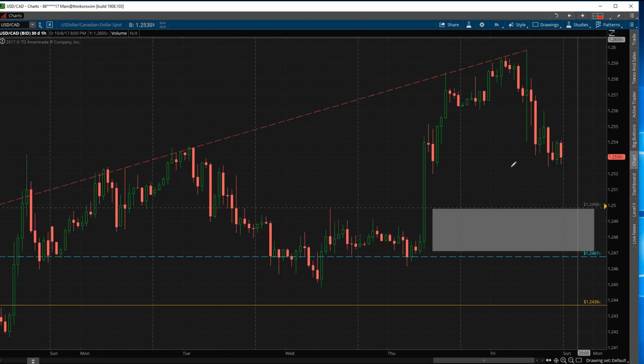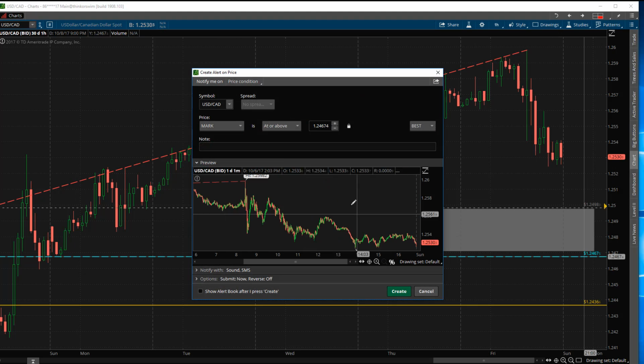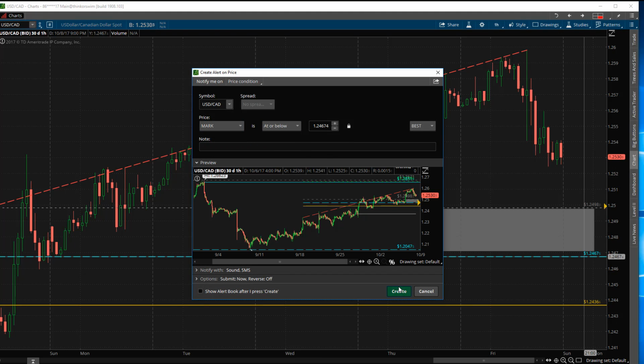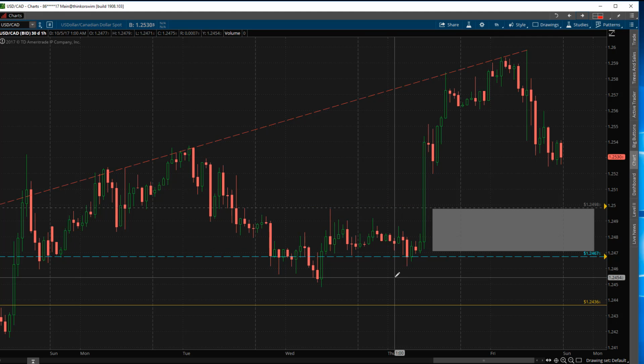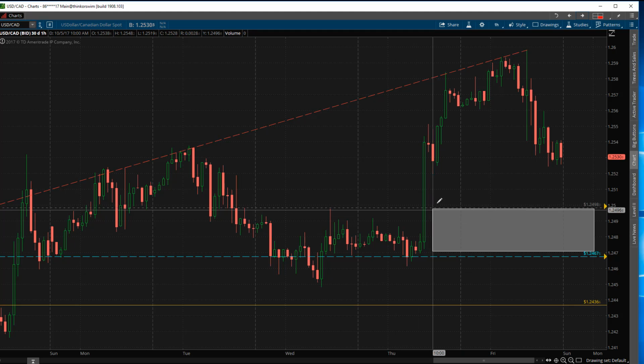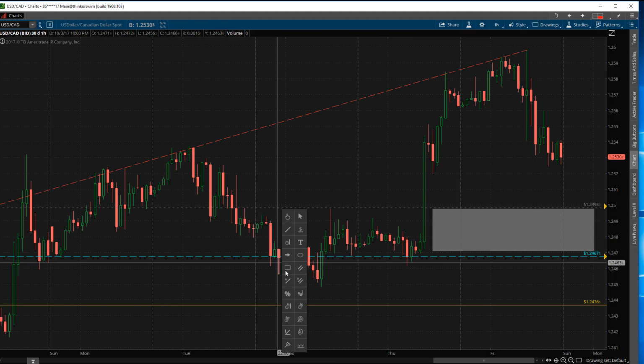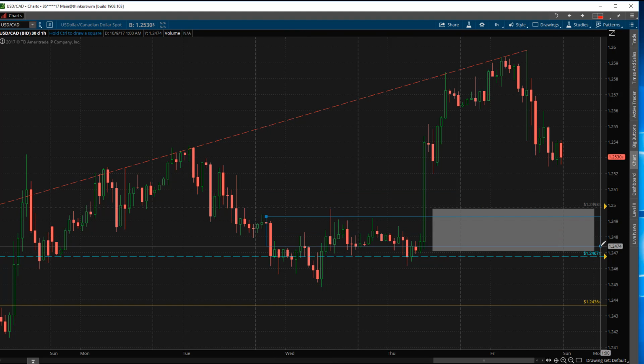Moving on then to the USD CAD, which I have determined to have support at 124.98, and I've set an alert there. I also have a support level at 124.67, which I'm going to set an alert at right now. These are the two levels I would like to participate on this week. Now, we really did have a nice move Thursday, and we've pulled back inside of that move. If we can come down to that 124.98 and hold those levels, this is the consolidation we had before we broke out. And when we retest those levels, I'm going to anticipate them to be support, mark them up, and set alerts.